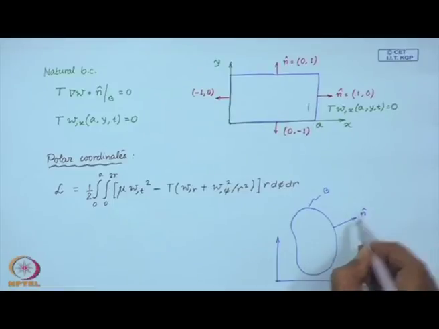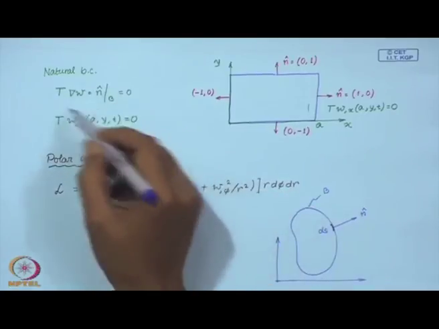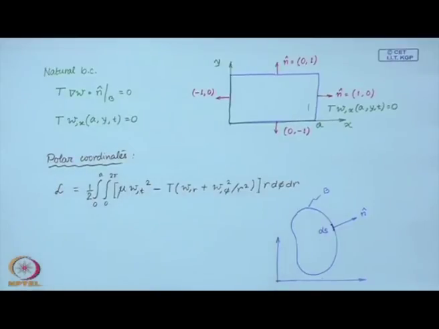You can represent the unit normal and ds, and then the boundary conditions for an arbitrary boundary can be written in terms of more general coordinate free notation. So, finally, you have in the coordinate free notation the equation of motion